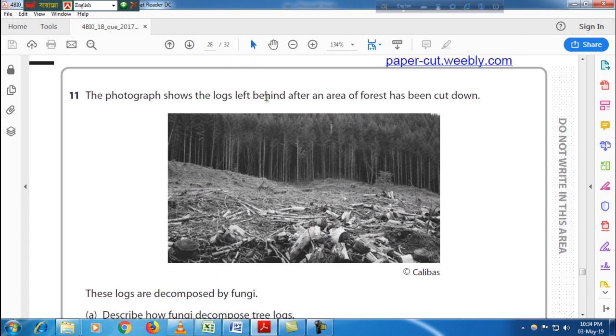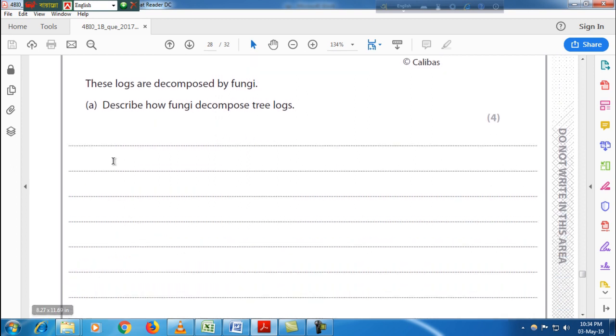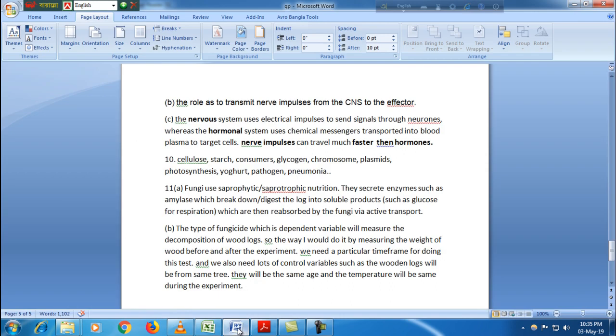The photograph shows the logs left behind after an area of forest has been cut down. These logs are decomposed by fungi. Describe how fungi decompose tree logs. Fungi use saprotrophic nutrition. They secrete enzymes such as amylase, which break down, or you can say digest, the log into soluble products such as glucose,